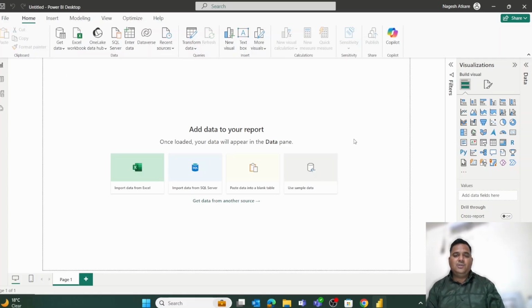We can see each and every tab, button, and all the calculations, DAX calculations, formulas, visualizations, data, and how to transform data. Each and every step we can learn in today's session, going step by step. So first of all, we move to the Google Chrome tab,